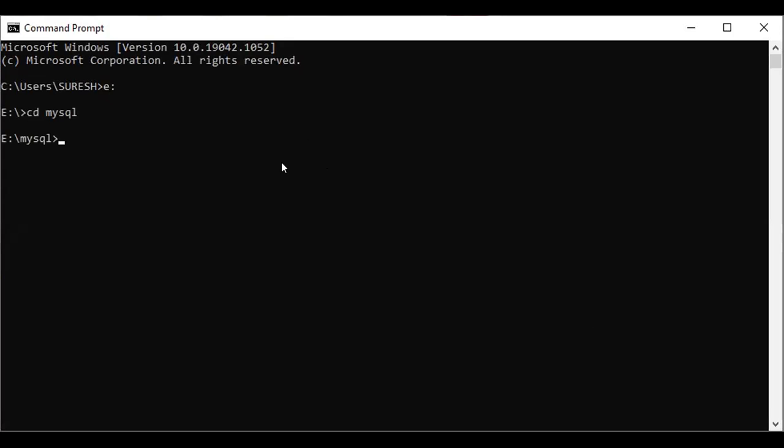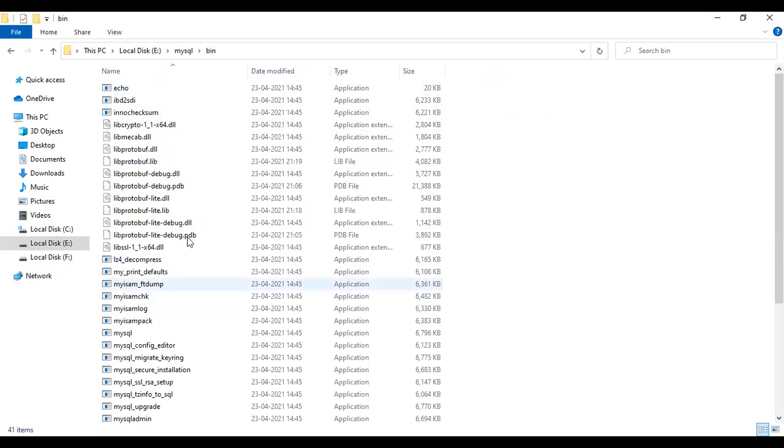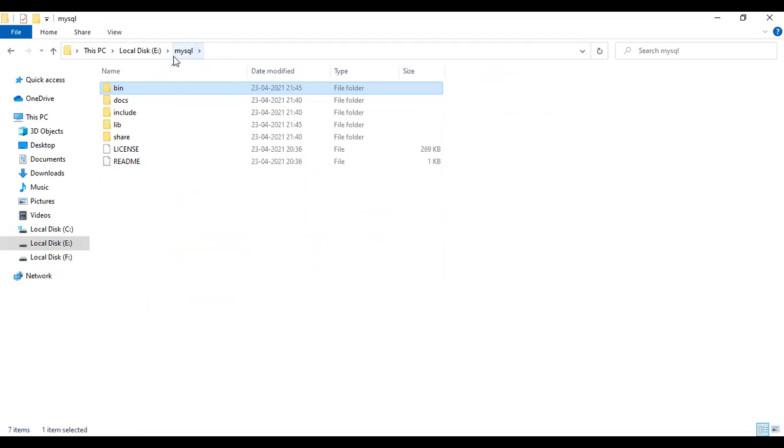Now coming to here, MySQL, and inside of this we have a bin folder, and there you have some applications of this.